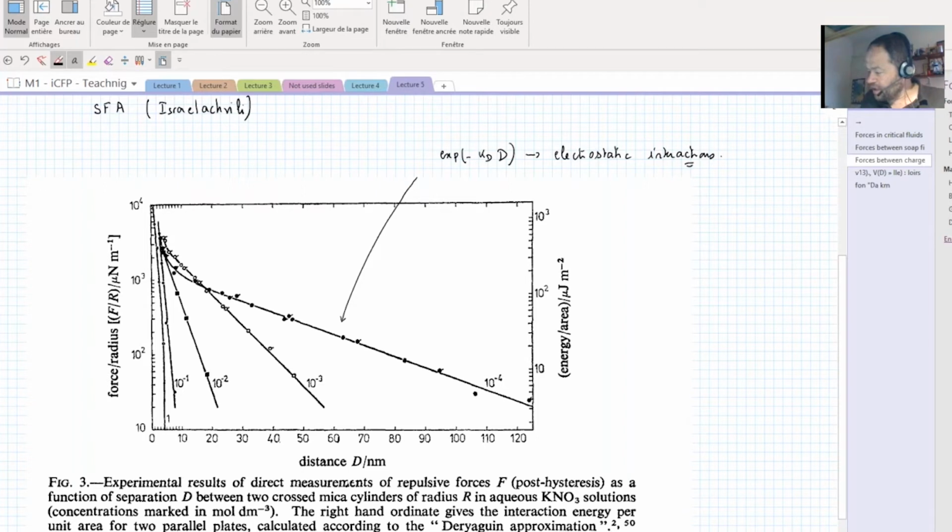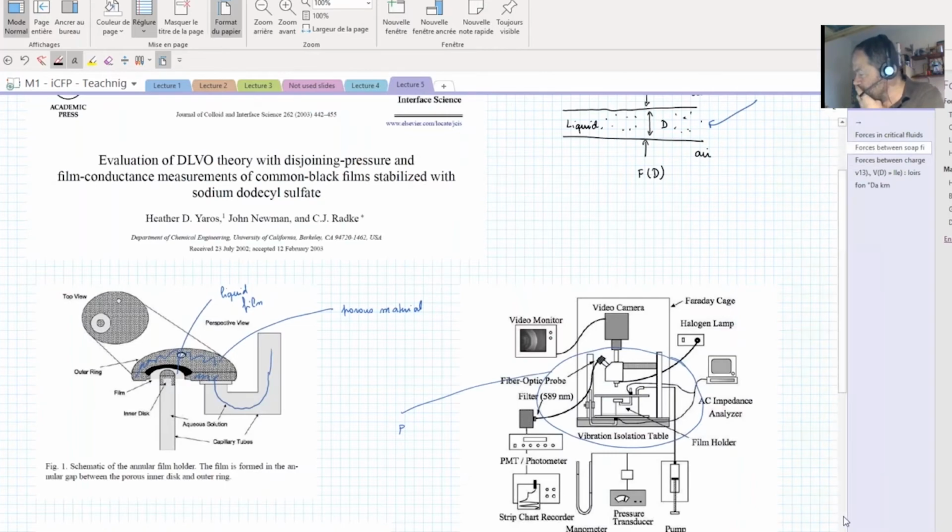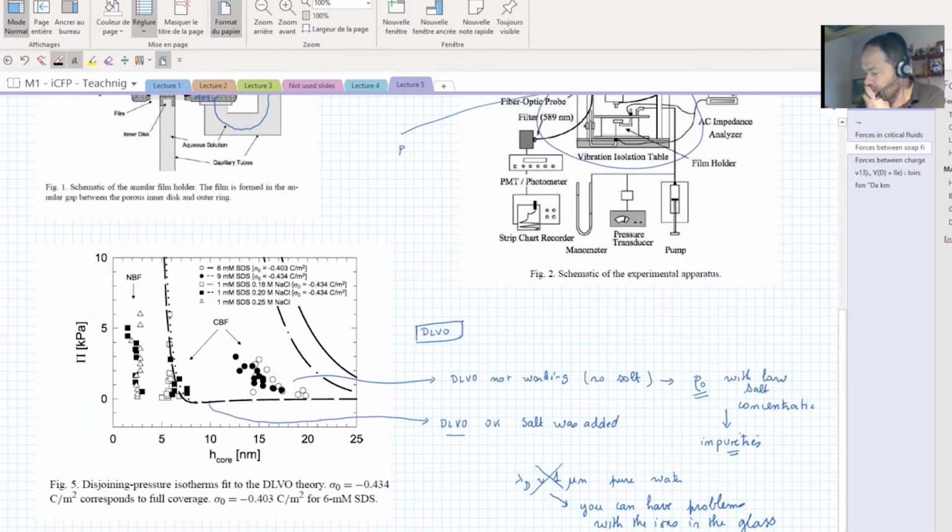And you see again that the range of distance we are dealing with, that's nanometric. Here you clearly measure the distance in the range between 100 nanometer to 10 nanometer, whereas in the system with curves, the distance were even smaller. We were dealing with distances between 5 to 10 nanometers.